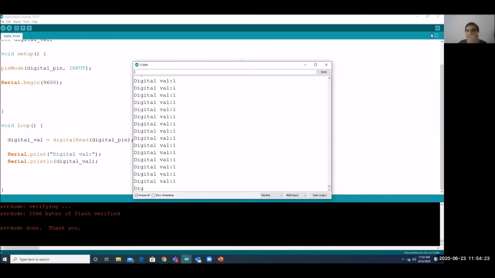So here is our sensor, the IR sensor. If I remove my hand from here, then this LED will be low. If I keep my hand here, it will become high. When it becomes high, it is giving output as 1. If I remove my hand, it becomes 0. So you can see that from the IR sensor we are getting a digital output, 0 or 1. Here it will not show 0 or 3.3. If you use the digitalRead function, it will read either high or low, so it will show you 0 or 1 only.